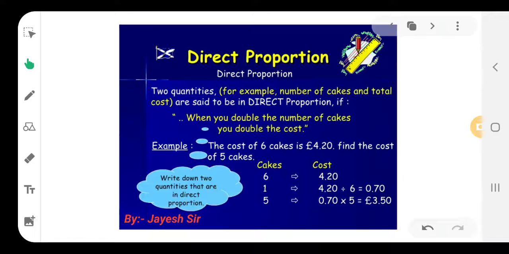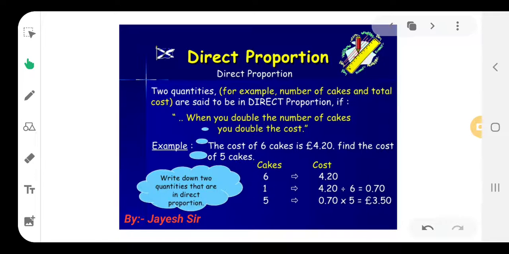First example, if you double the cake, suppose I am going to a cake shop and buying one cake, it costs 300. Suppose if I want to buy 2 cakes, then the amount will also be double. That is the only thing. So they are said to be in direct proportion. If I am increasing the quantity, the price is also going to increase. It doesn't mean I want 10 and you will give me for 300 only. No, because the cost of one cake is 300, not for as many as you want.